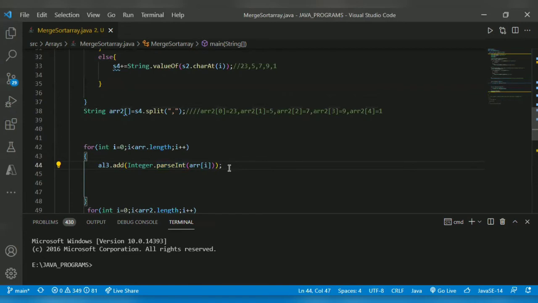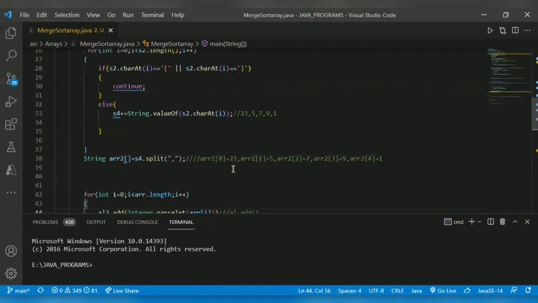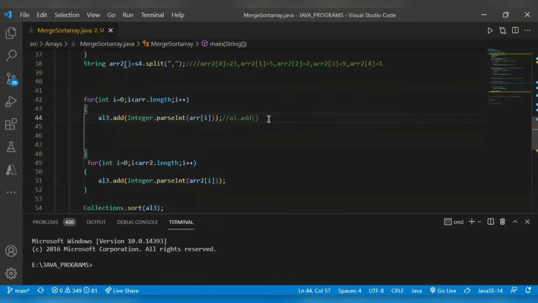So the array list will add each element of the string array. First, it will get added. After this iteration, the array list will look like this.